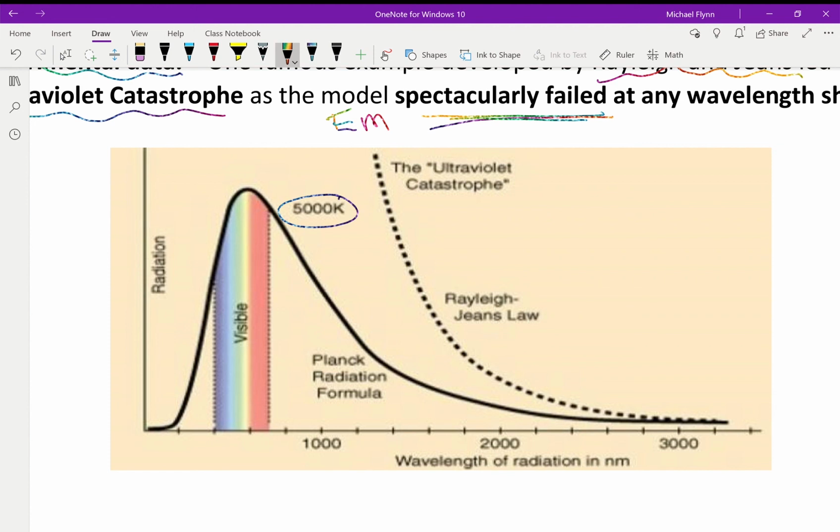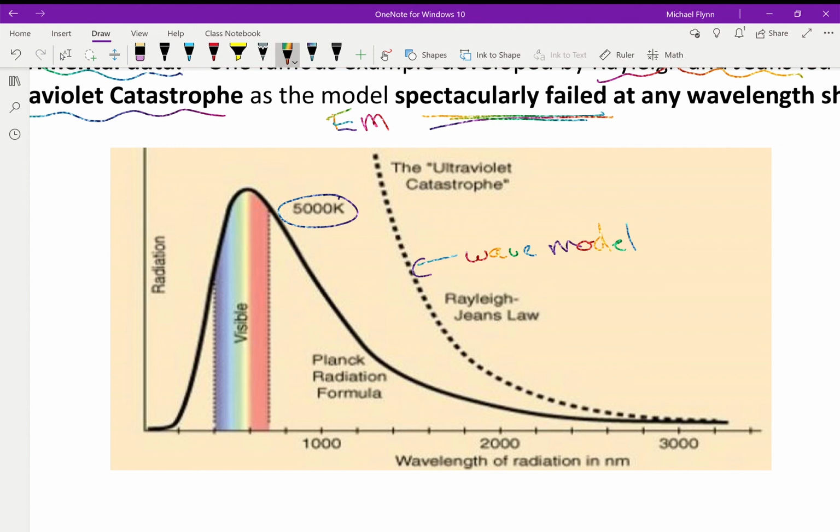Now we can get objects that hot, but on a tiny scale, that emit light, let's say like sunlight. So here at 5,000 degrees Kelvin, what the wave model predicts is the dotted line, basically this exponentially increasing